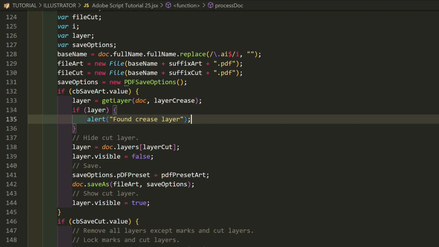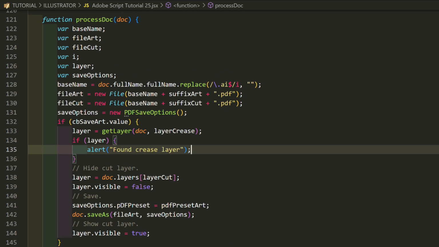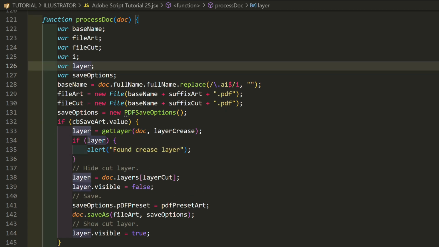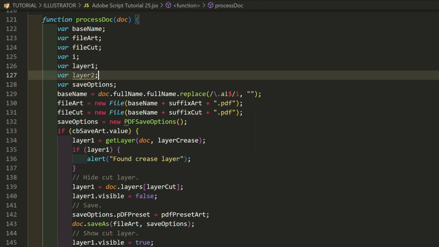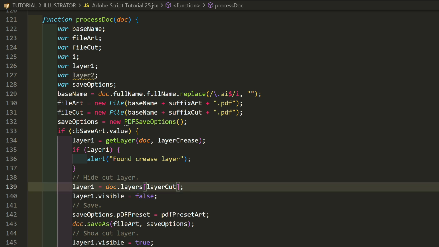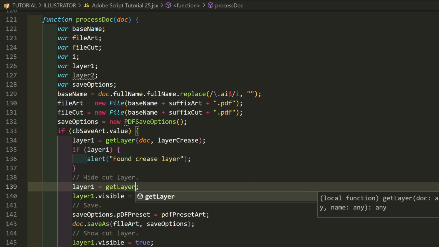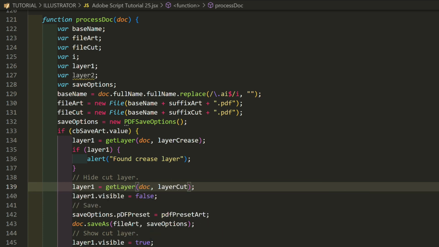Now update the code for saving the art file. We'll need two separate layer variables, one for cut and another for crease. Rename var layer to layer1 and add var layer2. Get the cut layer with the new function. layer1 equals getLayer(doc, layerCut).